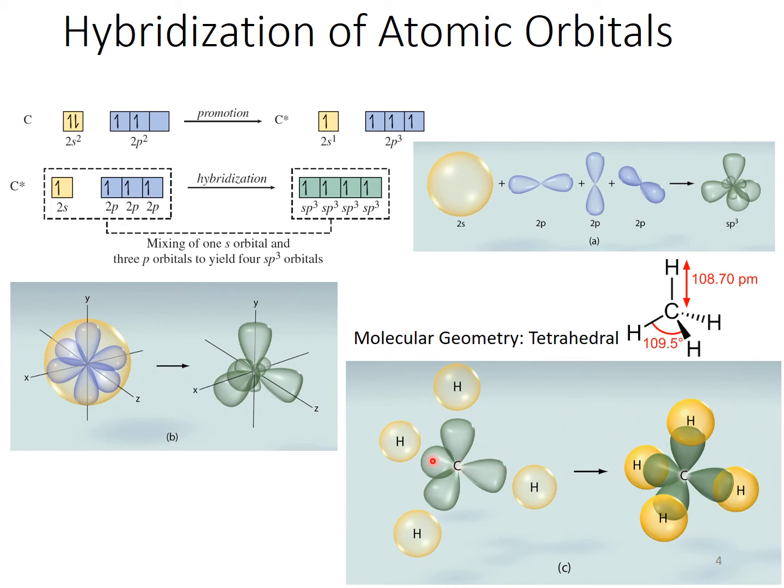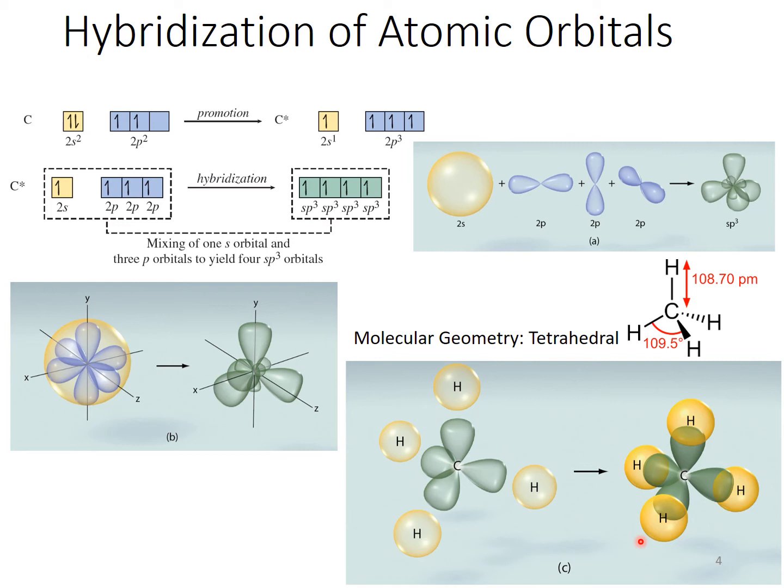That can very nicely overlap with the 1s1 orbital of hydrogen. So now this positive orbital overlap is creating our sigma bond, our single bonding situations between these carbons and hydrogens, all 109.5. So now we're getting a good justification, a good combination, I would say, between the molecular geometries that we already know to be the case from VSEPR theory and some understanding of the actual